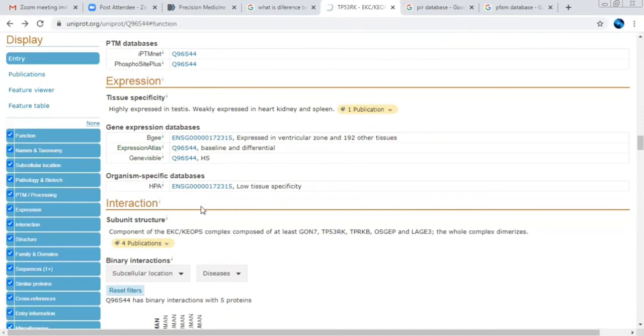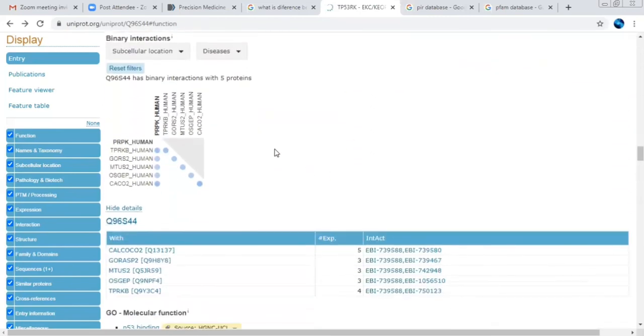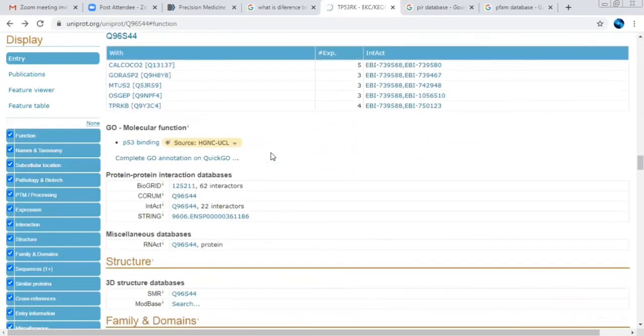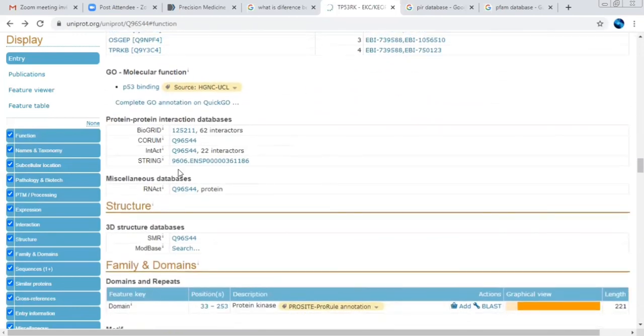Here organism specific data have been provided. And here you can see the interactions of that particular protein with other organisms or other genes. They show how this particular protein interacts. That's the molecular level, and here you can get the protein-protein interaction, which is really important after knowing the keyword of the particular protein.